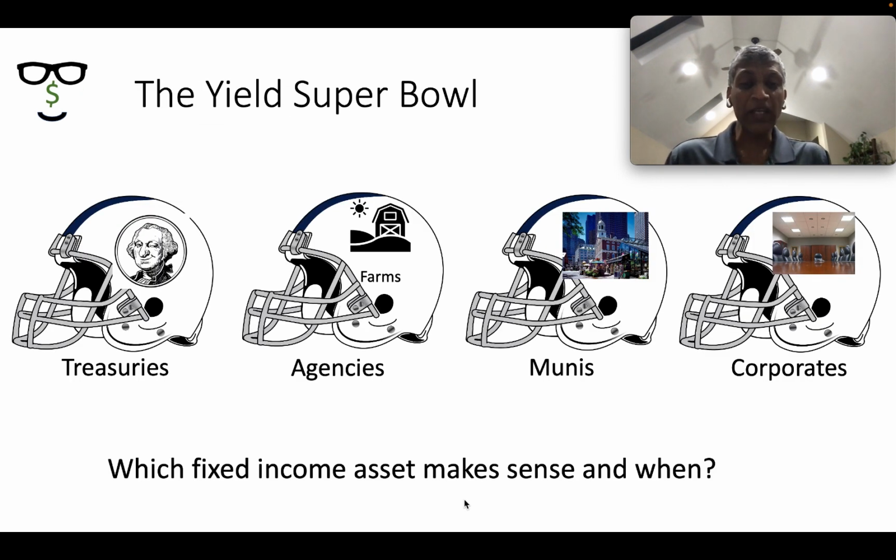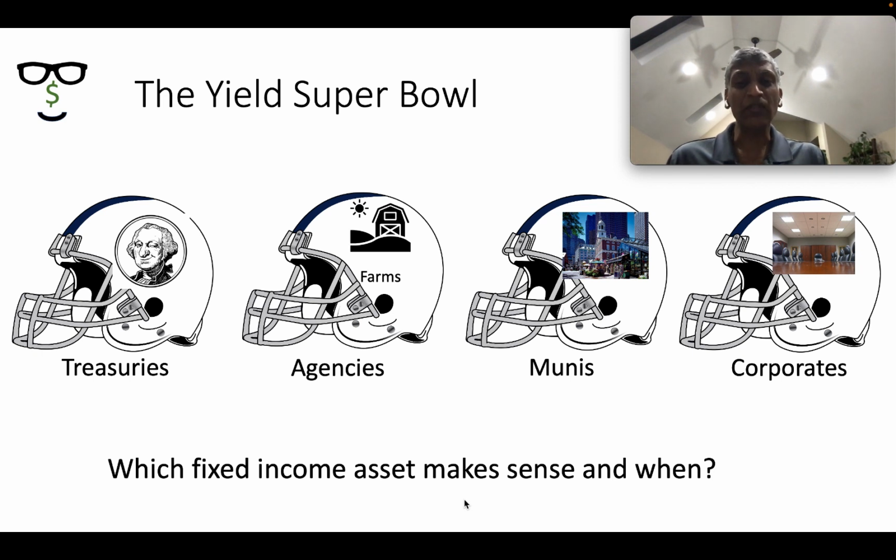So, to recap, when we talked about fixed income assets, we picked treasuries. We talked about the yield curve for that. We plotted the yield curve for agencies in earlier episodes. We then overlaid munis on top of those and looked at duration. And then we put corporates and we put them all together and said in the short duration, which one wins, in the medium duration, which one wins, and so on.